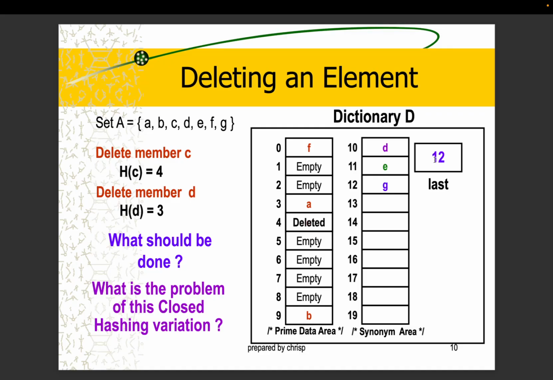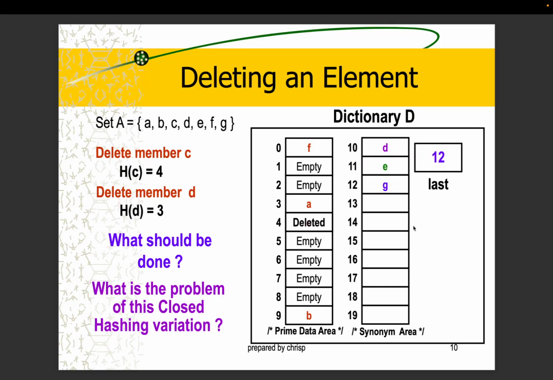You could do that, but the better way to do it is, remember that the dictionary is a set data structure, it's not a list. And in a set, order does not matter. So that means, rather than shifting all the elements up, which would have taken a lot of computational power if there were, let's say, 1 million elements to shift up, you can easily just update the value of the element you'll delete to be the value of the last element. So to delete the letter D, all I needed to do was move G to index 10, update the last to 11.